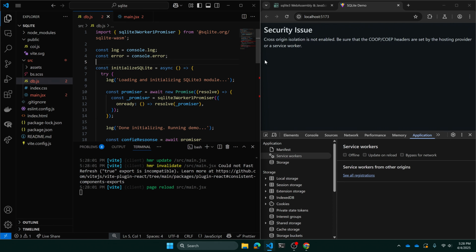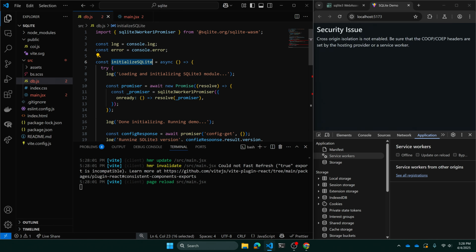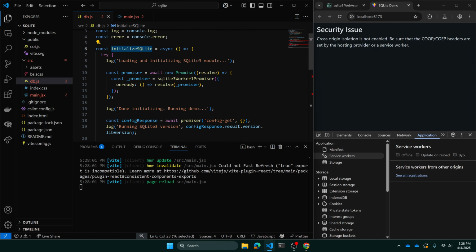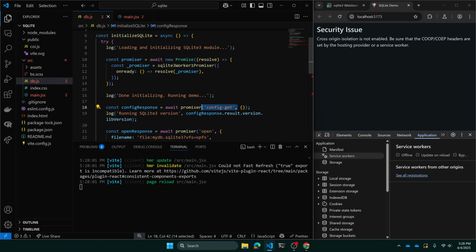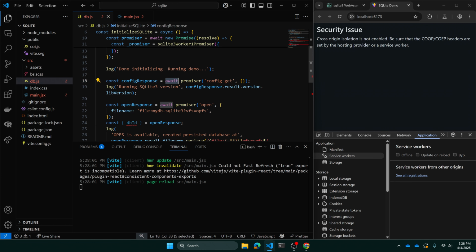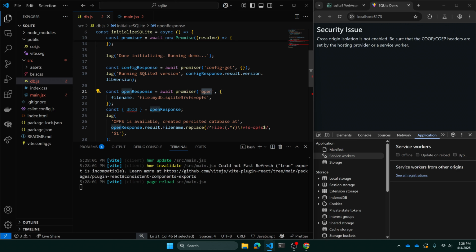What I'm going to do to use the database is just take a look at this file. They have an async function that is creating a promiser, which is just something that we're going to execute waitable commands with. It's going to get the version of SQLite, and open the database using this protocol file. So it's not in memory, it's in a file called mydb.sqlite3, and this question mark vfs equals opfs